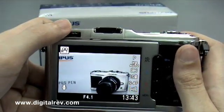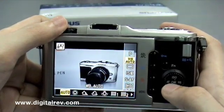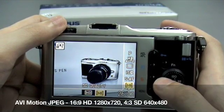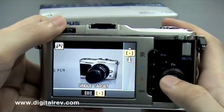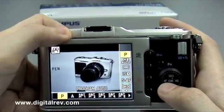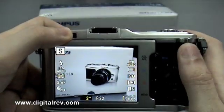The next mode is movie mode. Here I can select different quality of movie. By entering, I can have white balance, single, and a quality of high definition or standard quality. All target, single target. I also have manual shooting, shutter priority,